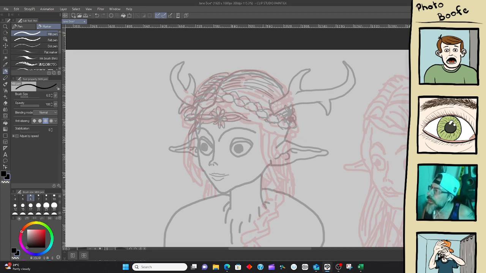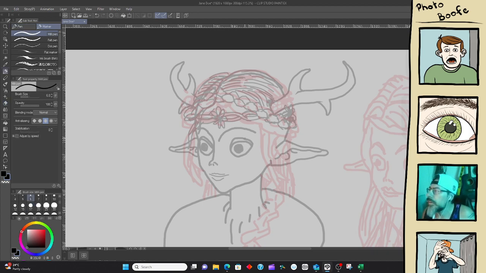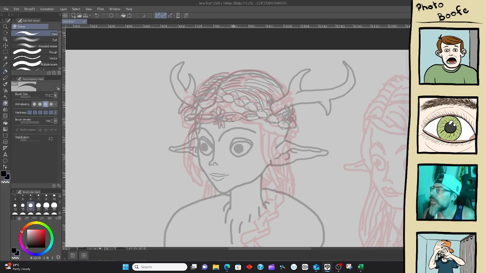When the hair gets to here, I do want to go around this little dark pocket here. This headband can keep coming around to here. Good. Even though this is rough, I do want it to be somewhat of a guide.